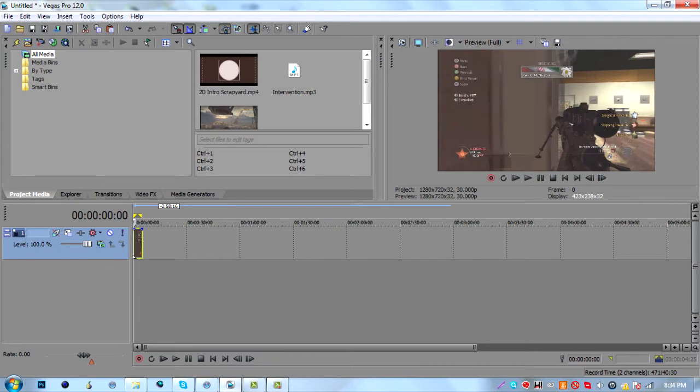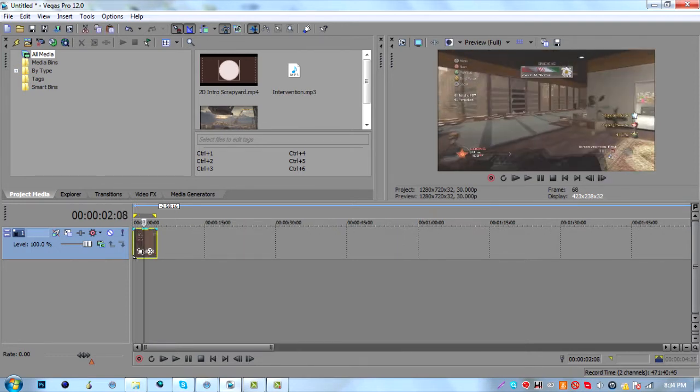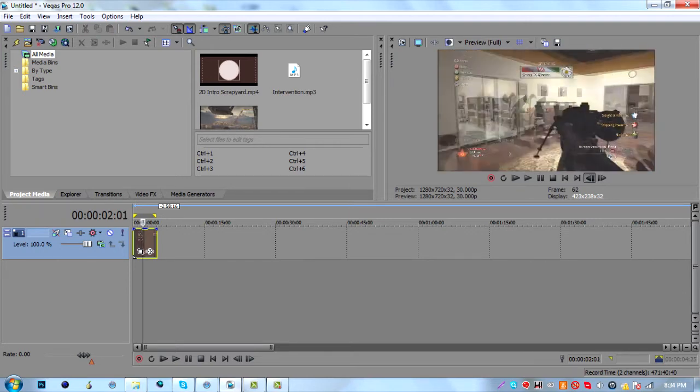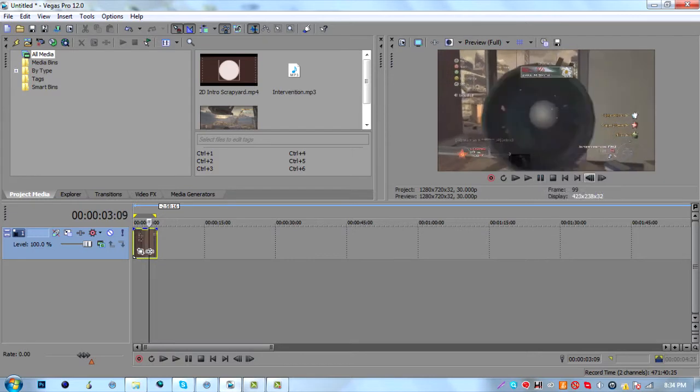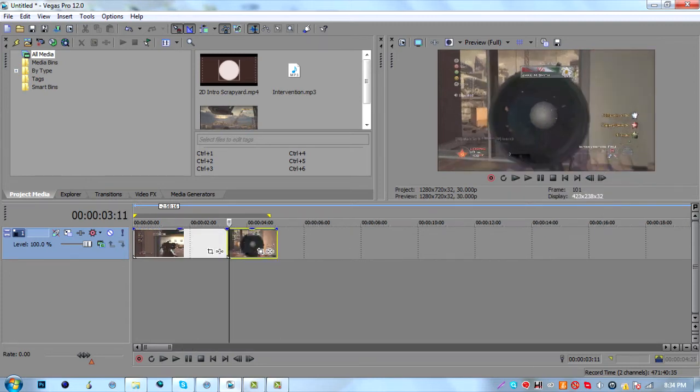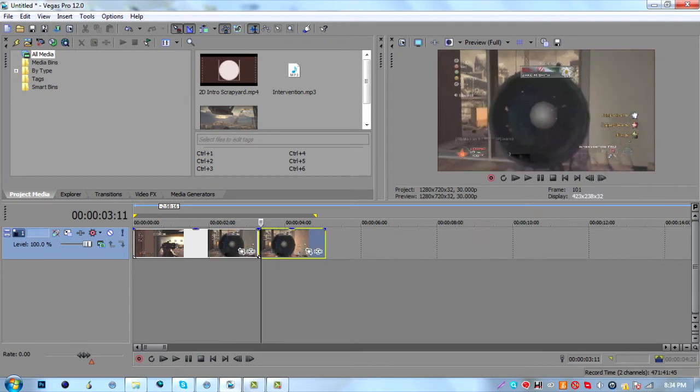Just like in my last video, you're going to want to find the point where you actually hit the Blackscope that you want to edit. As you can see, you just kill them, and right here he gets the hit marker in the Blackscope. Right there where he gets the hit marker, you're going to want to split the clip by hitting S on your keyboard, and then go over about 2 or 3 frames, depending on how long the Blackscope stays in. I'm going to go over 2 frames in this video,